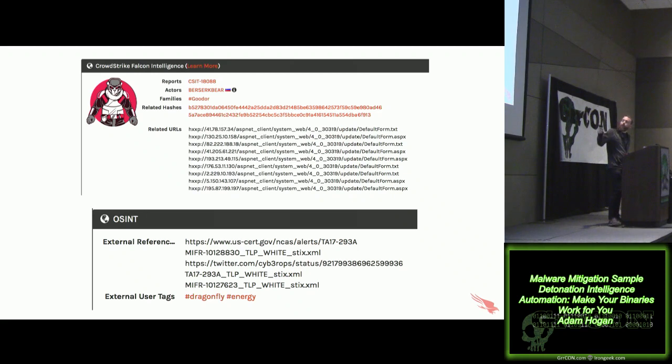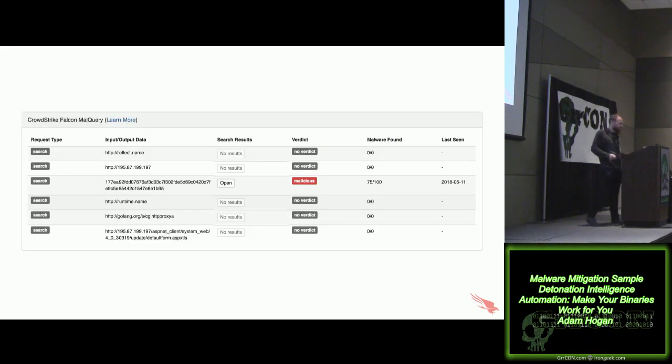And then we were also able to correlate with some open source intelligence. So we'll give you the links here to the US CERT has a report on this particular threat actor and this malware, since it has been so commonly affecting a couple different industries that have reported on it. And we'll go back through and search Malquery for a few interesting things here. You see it identify a number of different interesting things, like some URLs here, that actually come back with 0. So that in and of itself, the particular call home, it turns out to be incredibly specific, that this piece of malware had was unique.